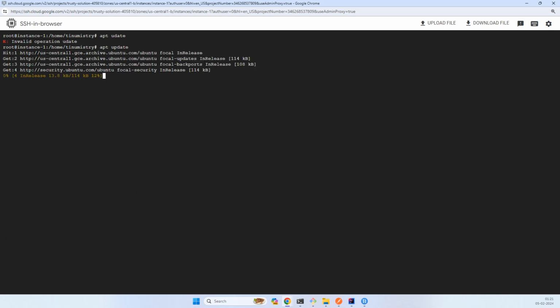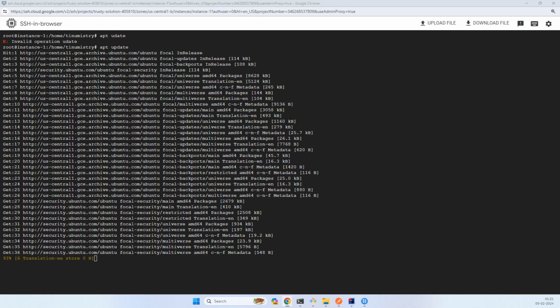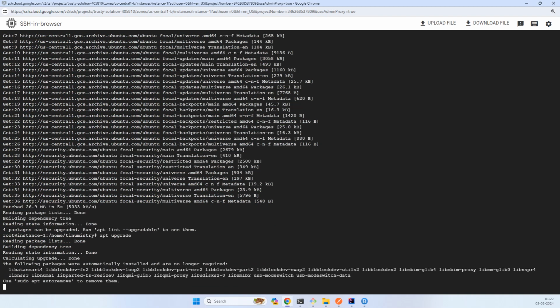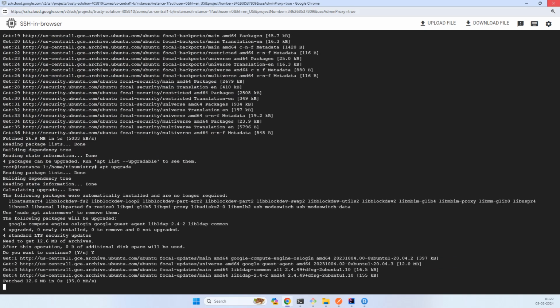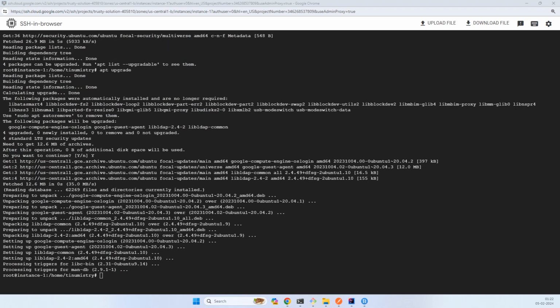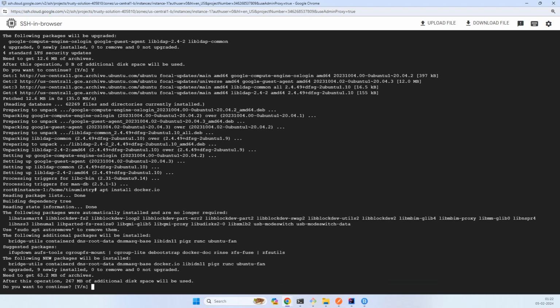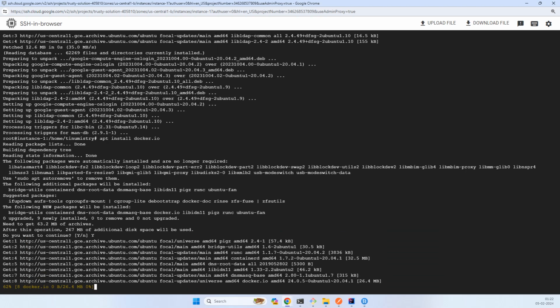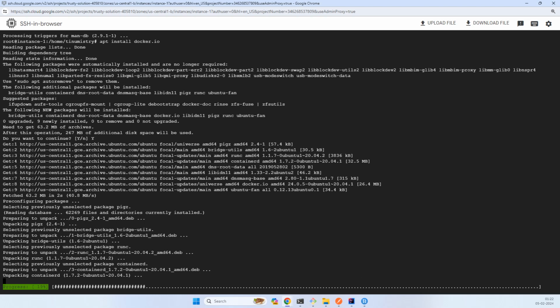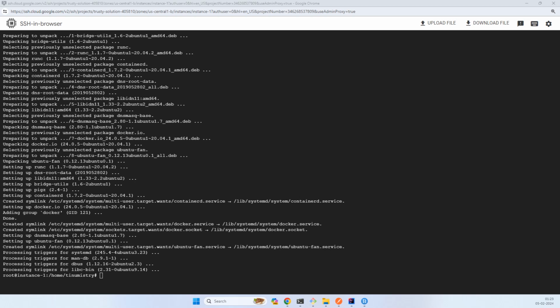apt update, this is a command to update the packages. Once the update is done, then another command is upgrade. Say yes. Once upgrade is done, just apt install docker. Okay. Once docker is done, so now let us